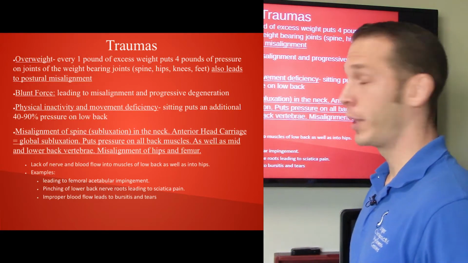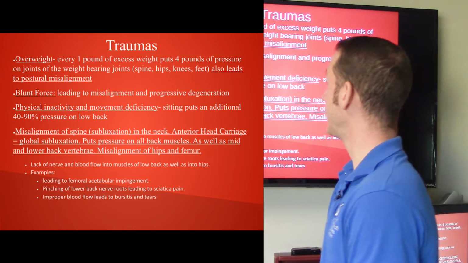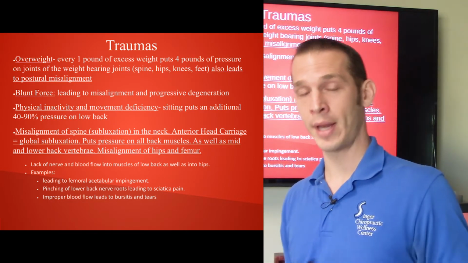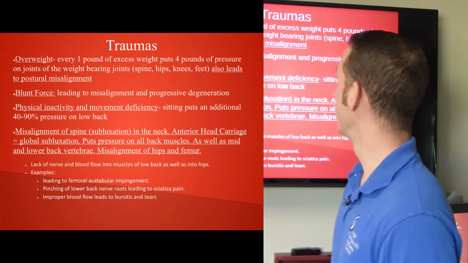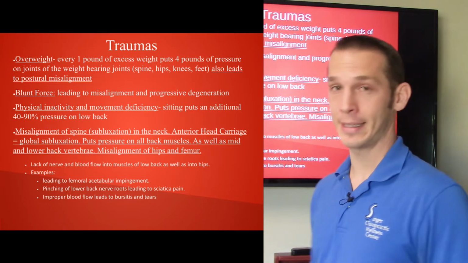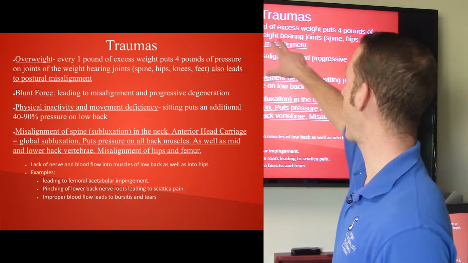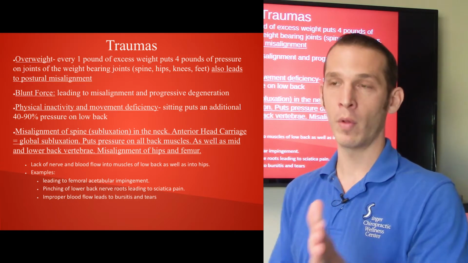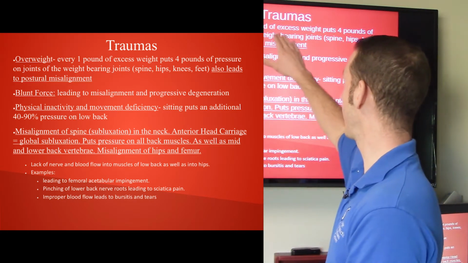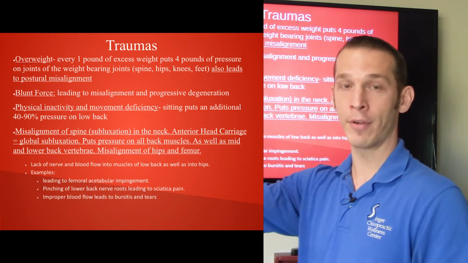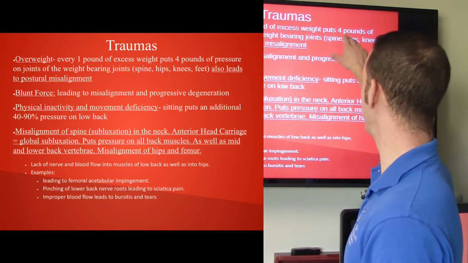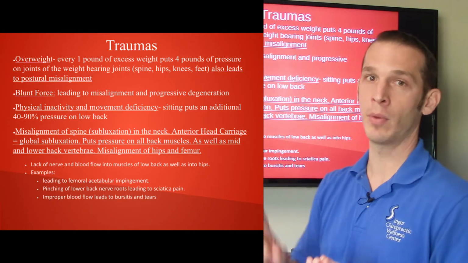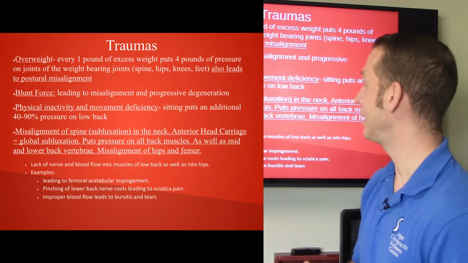All right, so when we look at traumas specifically, we're going to go into number one, overweight. Being overweight is a huge problem in America. Now, how does this affect the body? For every 1 pound of excess weight, so let's say you have a BMI that's supposed to be normal, for every pound that is excessive of an average normal BMI, it puts 4 pounds of pressure on the weight-bearing joints, including the spine, the hips, the knees, the feet,